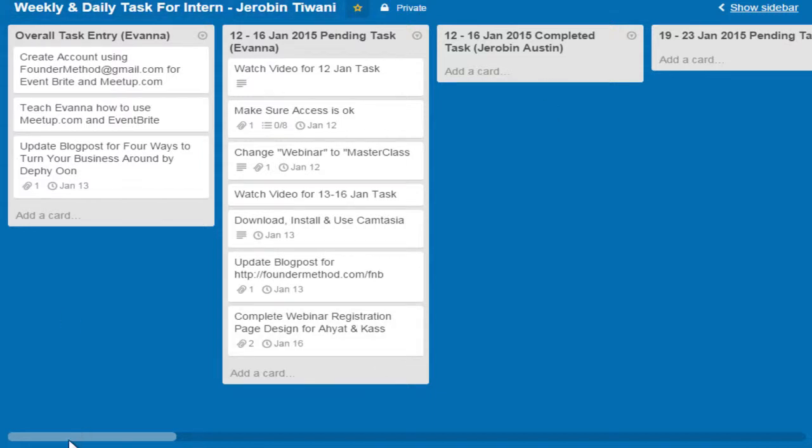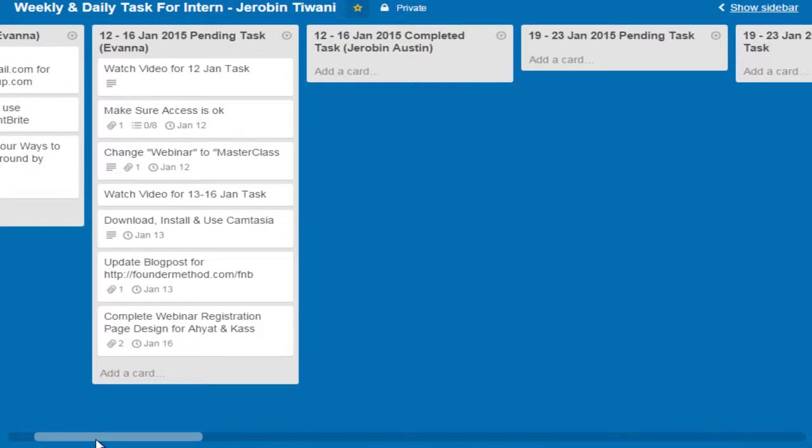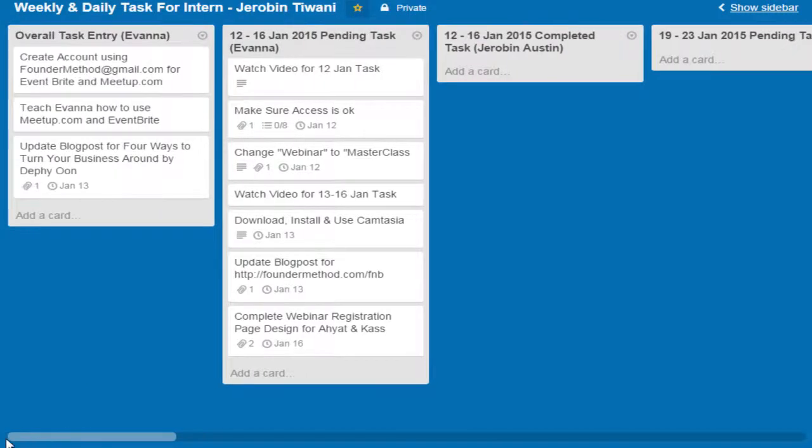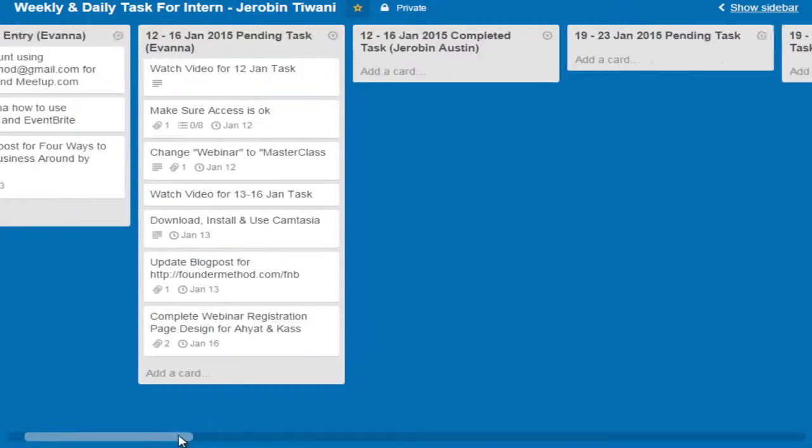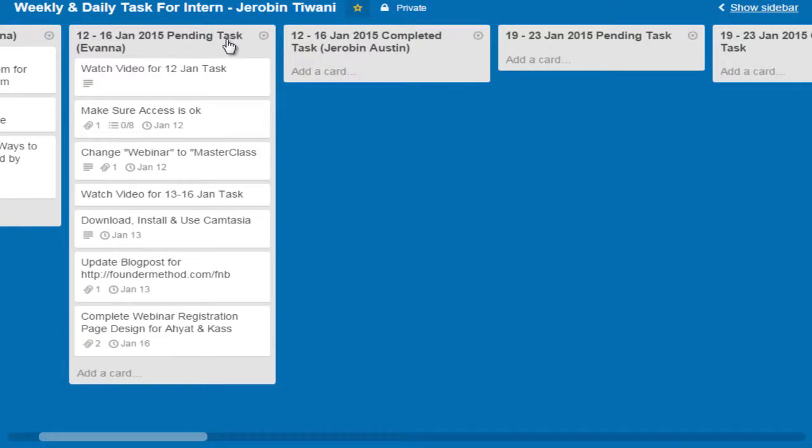The good thing is, you know, last time we always wrote weekly reports. Now no need already with this one, right? For me, I pass down the task, and then the outsourcer or the intern just moves the card here, so no need to write a weekly report, no need to spend time writing a weekly report. They spend time on doing the task. So every week we have tasks.